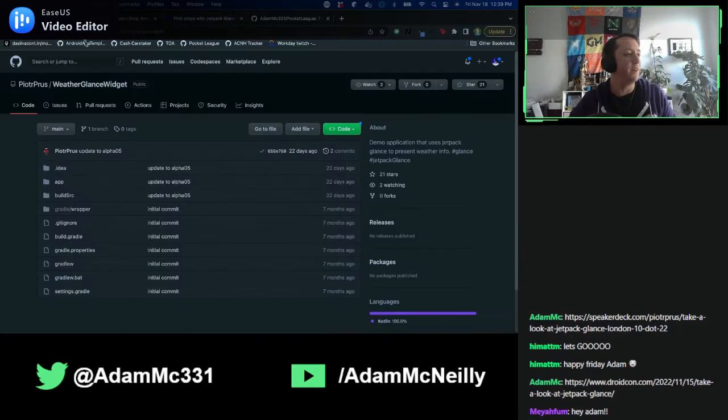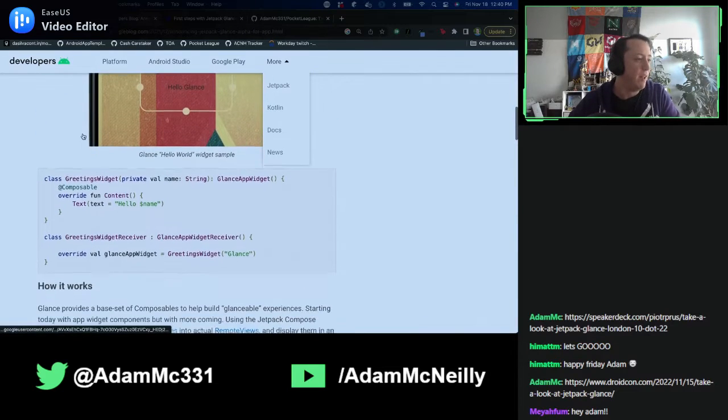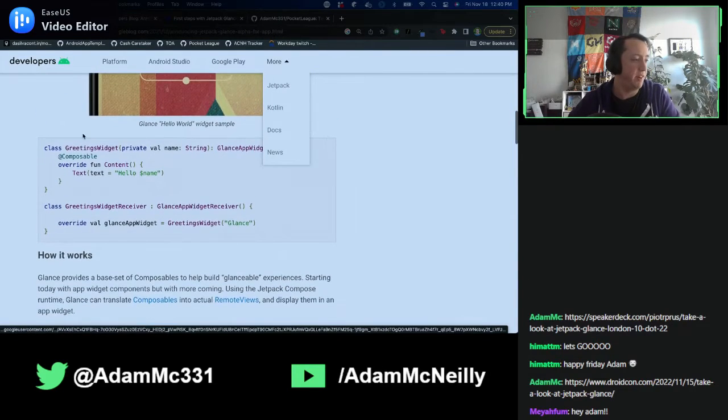And I also have the weather widget from Peter's talk saved as a repository if we need to use their code as a reference. So, all of that said, what I want to do to start is